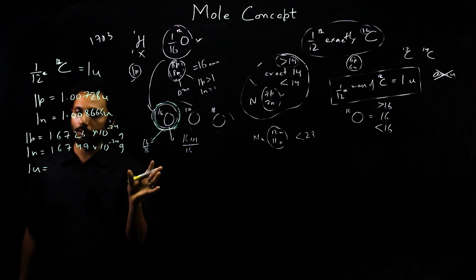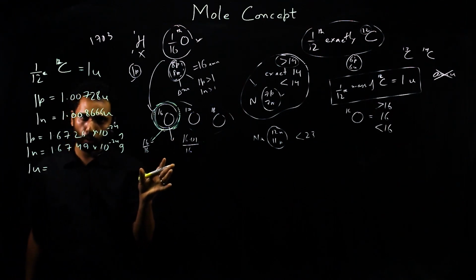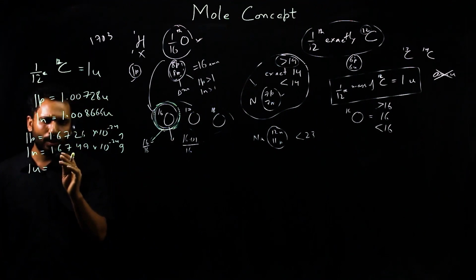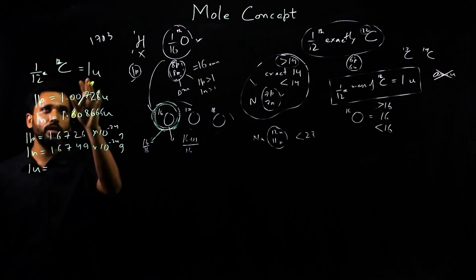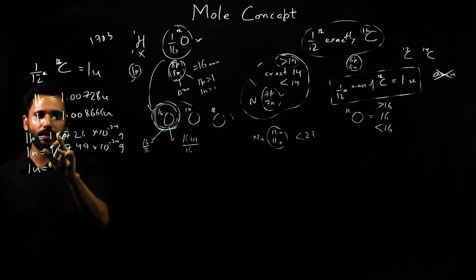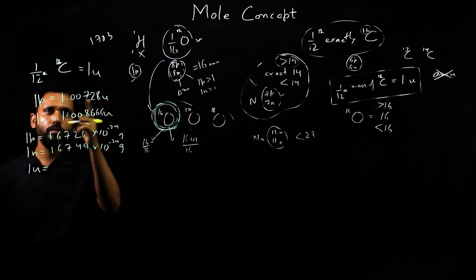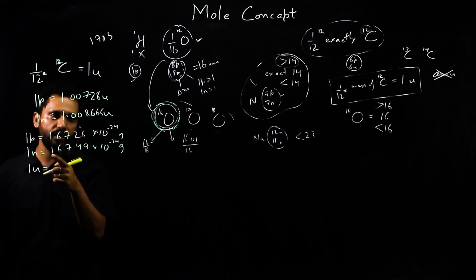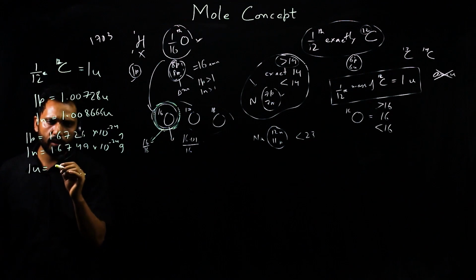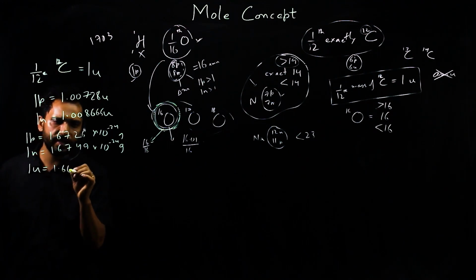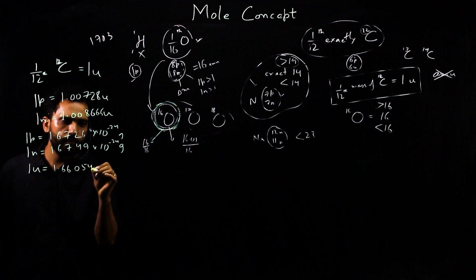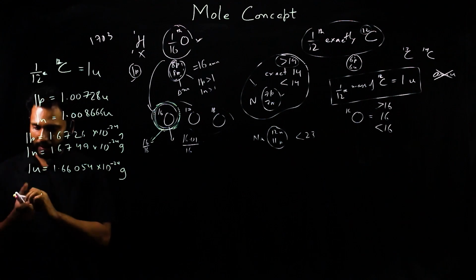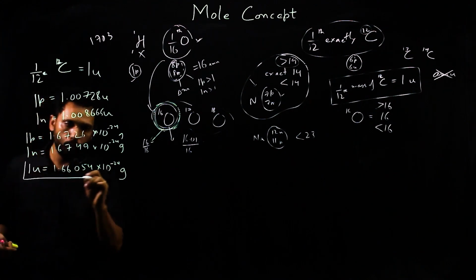They have defined it through Planck's constant, and it is no longer the weight kept in the iridium weight kept in Paris. So now 12 U's is exactly 1 carbon. So 1U must be less than the weight of a proton or neutron. 1U is the proton's weight, 1.00728, or the neutron's weight, divided by so much. 1U is 1.66054 into 10 power minus 24. So that's your precise value of 1U.